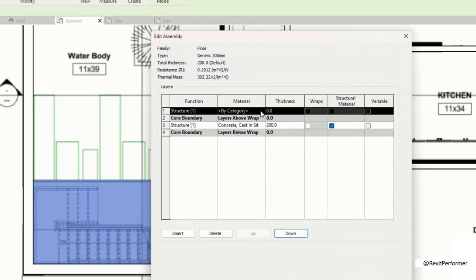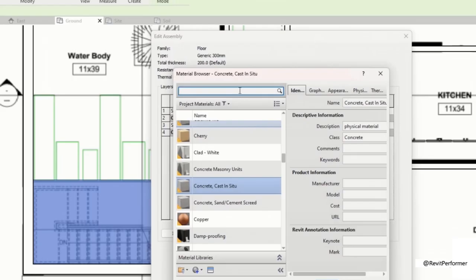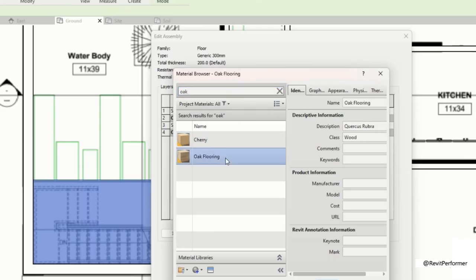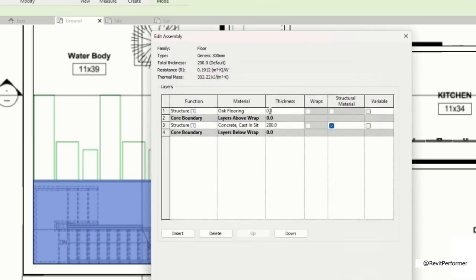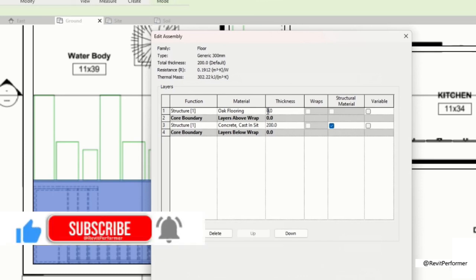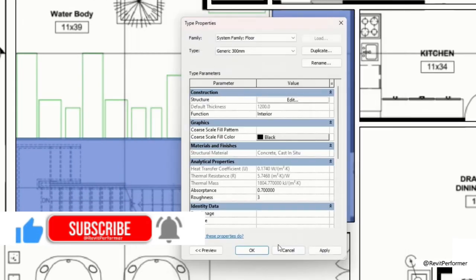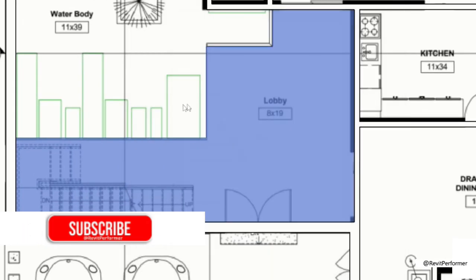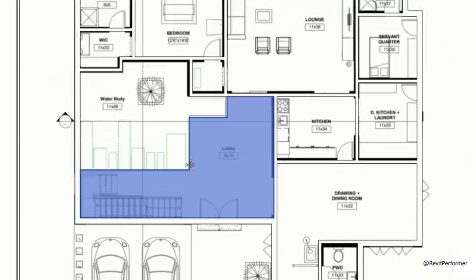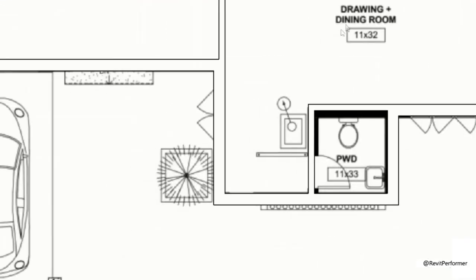I'm not sure what the correct word is, maybe a layer or a paneling, something like that. A floorboard maybe. In any case, it will be all over the floor. So it's our type of flooring. I will select the oak type of material. Okay, here oak flooring. Now for this, we have a thickness defined as 100 millimeters. Let's click OK and click Apply. All right, so now we've done the material changes.